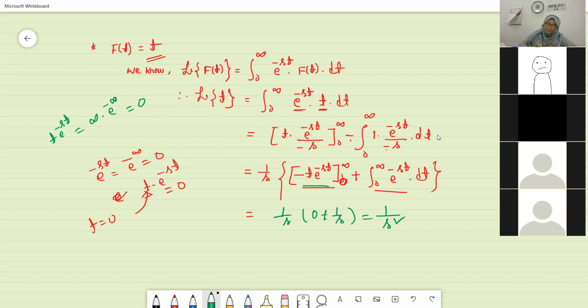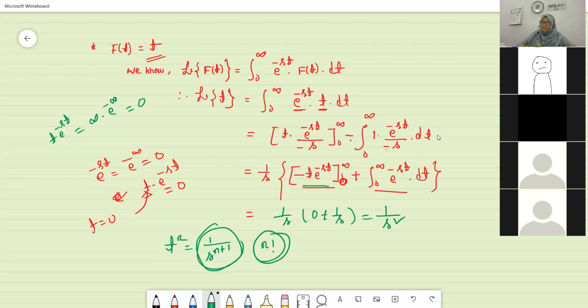So in a similar way, what will be the Laplace transformation for t to the power n? It will be 1 by s to the power n plus 1. Yes, this is the formula, but here there is another problem. This is not correct. We have seen the Laplace transformation of 1, that means t to the power 0, and the Laplace transformation of t, that is t to the power 1. But if you go for the next one, you will get another term, that is n factorial.